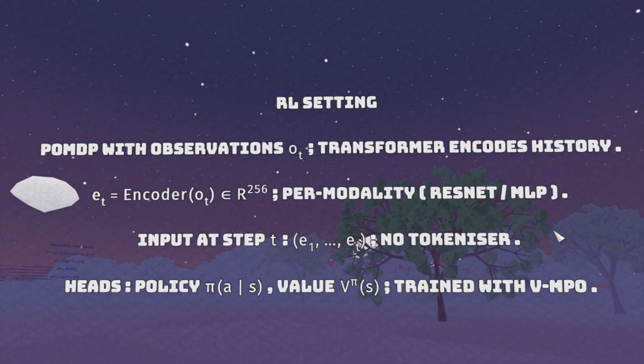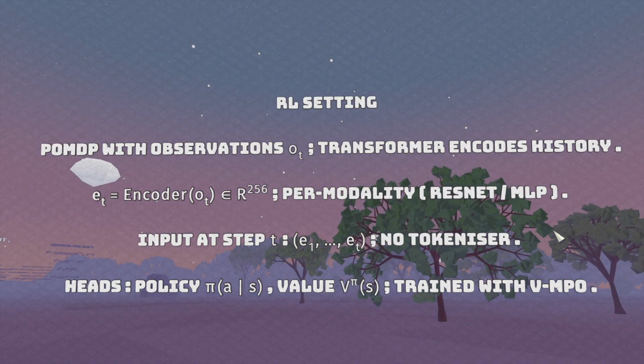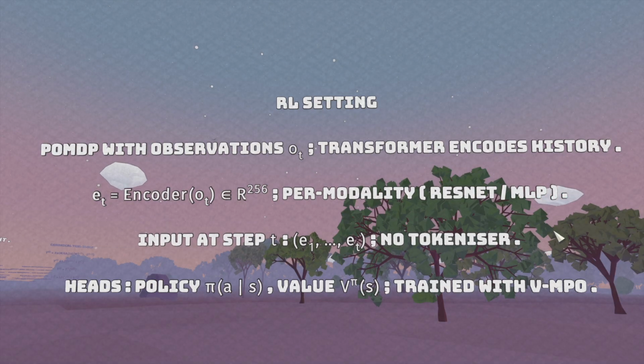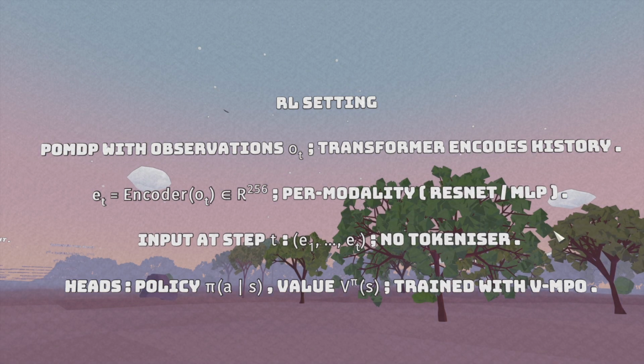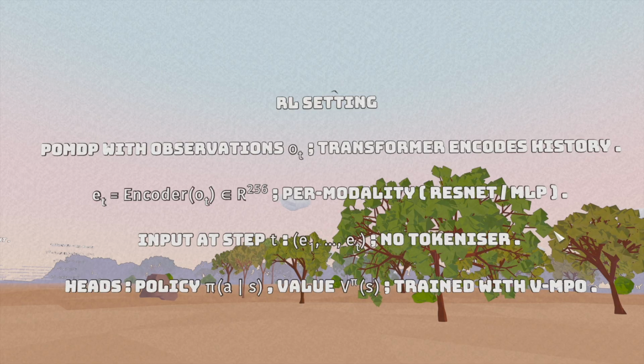These observations pass through a small per modality encoder, a ResNet for images, a 2-layer MLP for vectors, and those produce a fixed 256-dimensional embedding that is a common space that both get projected into. And that embedding is what sits at the transformer's input position, and hence the input sequence the transformer sees at time step t are these embeddings e_1 up to e_t, rather than the tokens from a corpus in the case of a language model. And episodes can run for thousands of steps, so the transformer encoder needs effective long-term memory